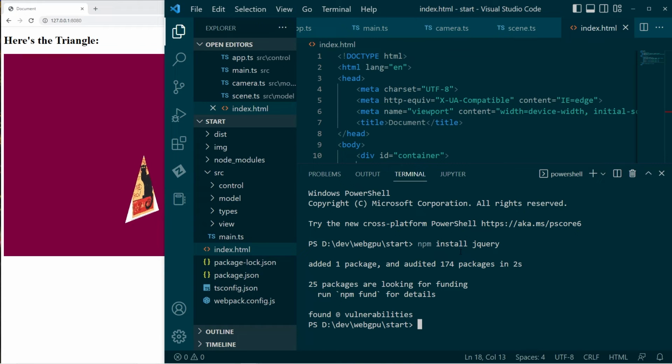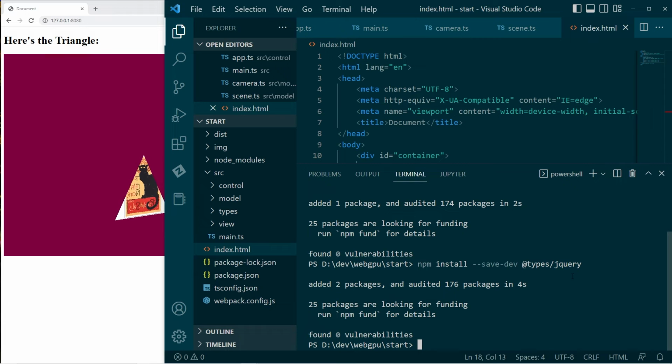Fair enough. And then we'll say, okay, npm install --save-dev, and then we have this @types/jquery. So installing jquery will give us the underlying jQuery library, and this types jquery will give us the TypeScript definitions that we need to use jQuery within TypeScript. Okay,